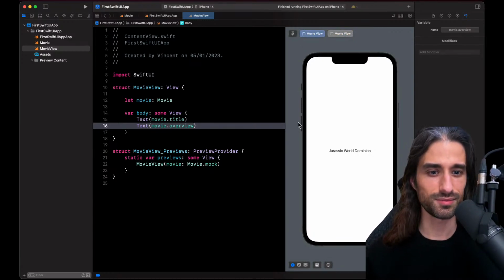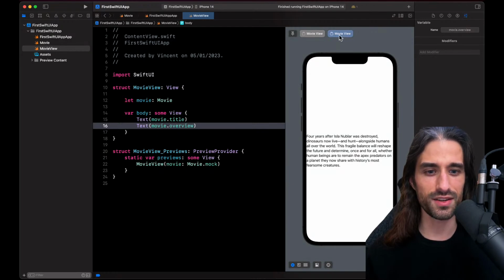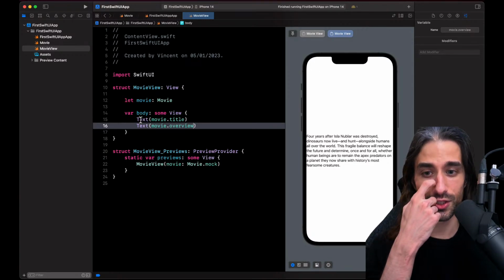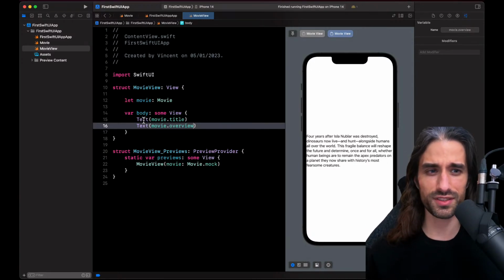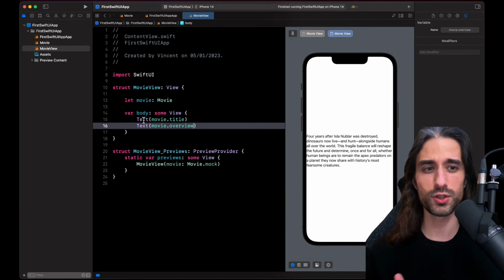You can see that nothing has changed in the preview, but there is a second movie view that's appearing right here. And when I click on it, this time I have the overview, which is super weird. And the reason is that I have actually two views in my body when I shouldn't have two views just like that. I should have something that says how they should be displayed relatively to one another.